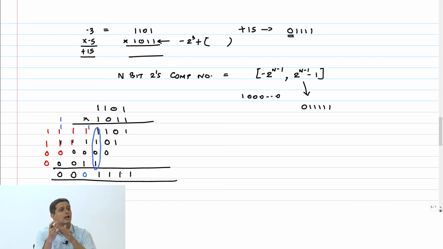Which means, if I give you 2 unsigned numbers and say, how many bits is the final answer? It is m plus n minus 1. No problem. If I give you 2's complement numbers and ask how many bits should the final answer be? Of course, it needs a minimum number of bits. But beyond that, I will reverse the question. I will say, you tell me how many bits you want. I will perform carry propagation until you get the number of bits that you want. You understand, this question in 2's complement itself becomes meaningless beyond the minimum number of bits.